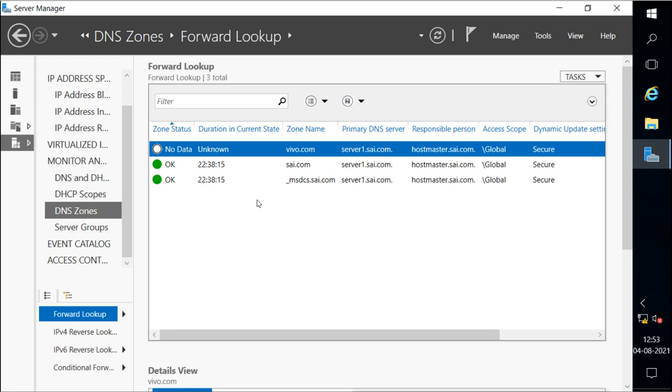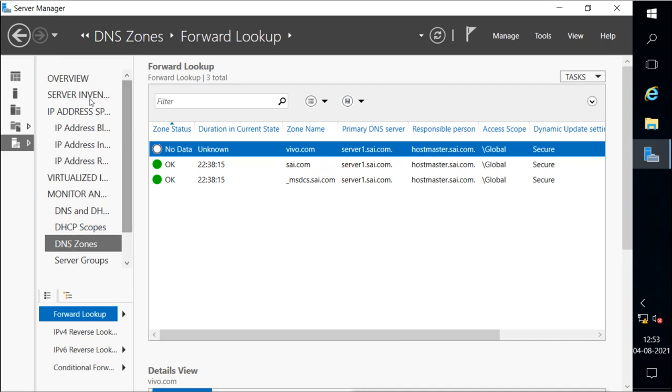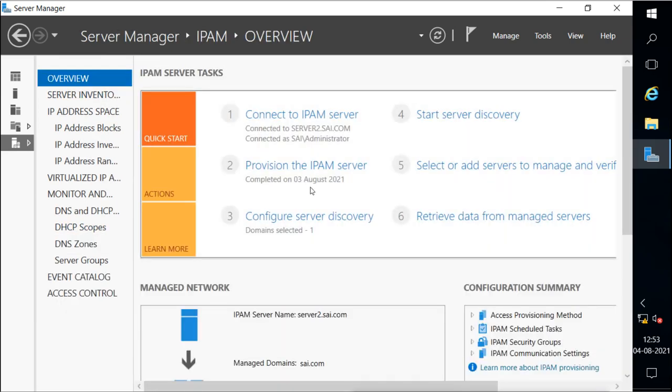So this is the IPAM server, and we can manage multiple DNS and DHCP servers and also the static IP addresses which we have configured. We can manage everything from this centralized IPAM server, which is the IP address management server.